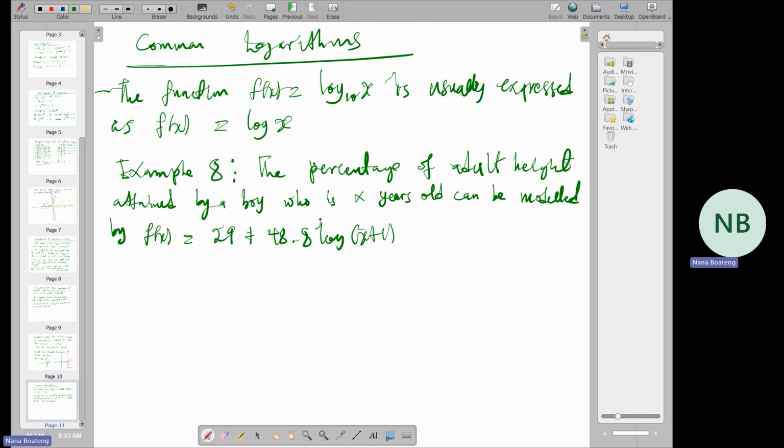So we see log of x plus 1, we don't see a base, so that means it's to the base 10,